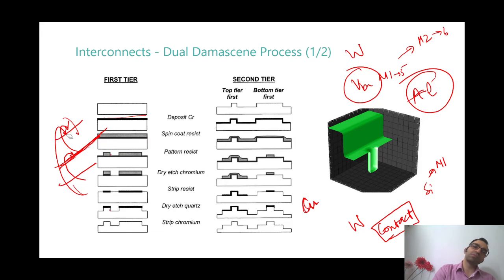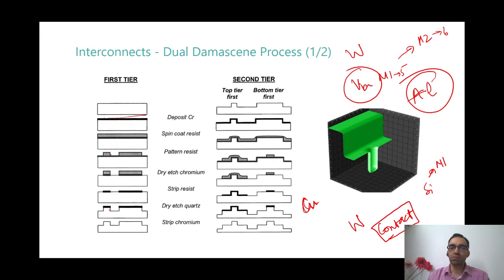Okay. So that is why copper usage was avoided in the semiconductor manufacturing process for a very, very long time, until we were hit with the wall that now we cannot do without copper. So everywhere there is copper today, but the contacts still remain tungsten. Why? Because you do not want copper to come in contact with silicon at all. So in fact, in fabs, the copper part of the fab is physically 100, 200, 300 meters far away from the front end part of the fab where contacts are made.